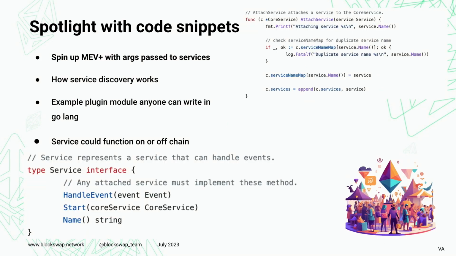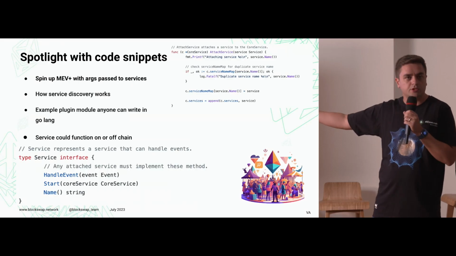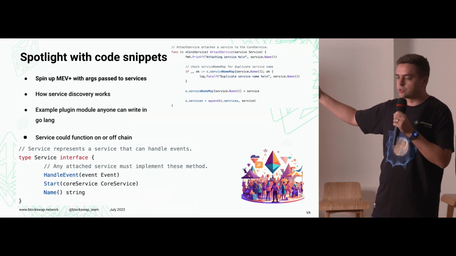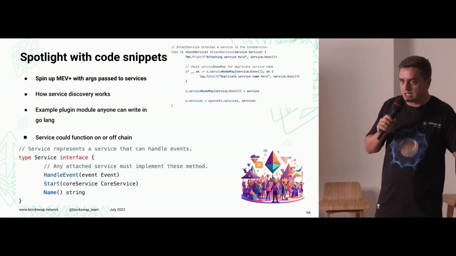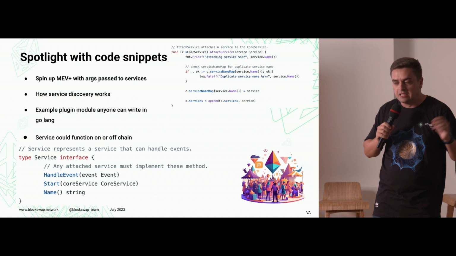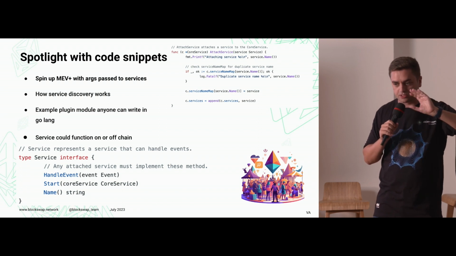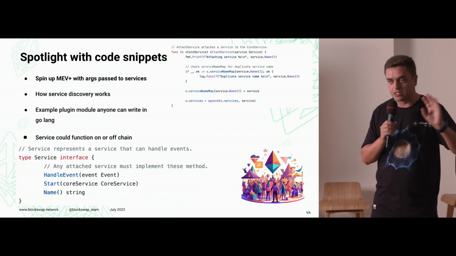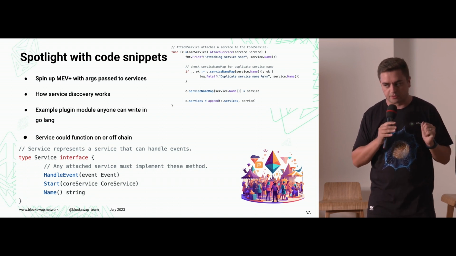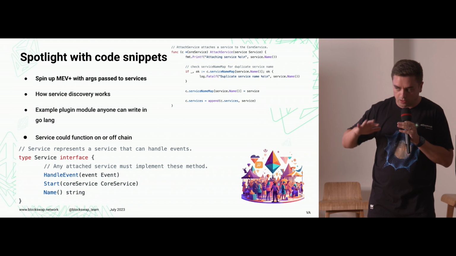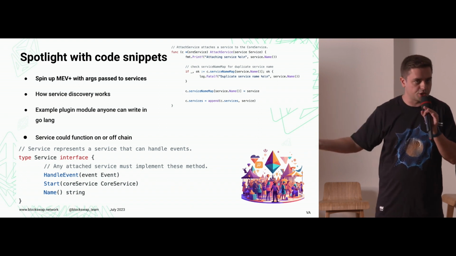So how do you do that? This is a Golang service interface. Very straightforward. You need to handle an event. You need to respond to a start command that's triggered during service discovery, and you just need some kind of identifier. Outside of that, your logic is your logic, and the core is simply event management, and services react and perform actions on the basis of that. So you can have all kinds of innovations